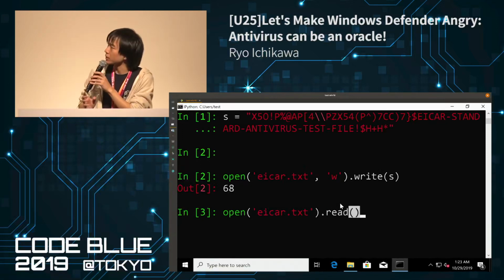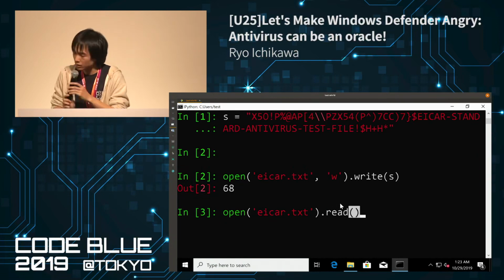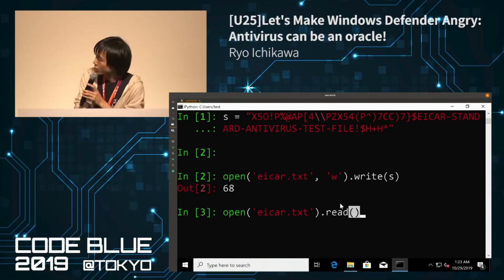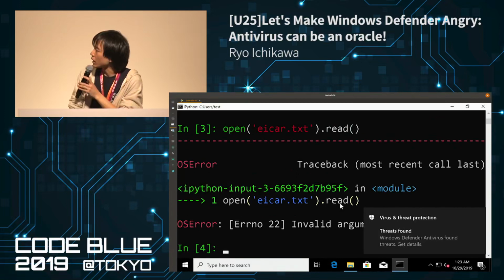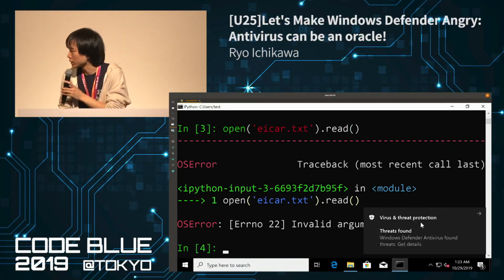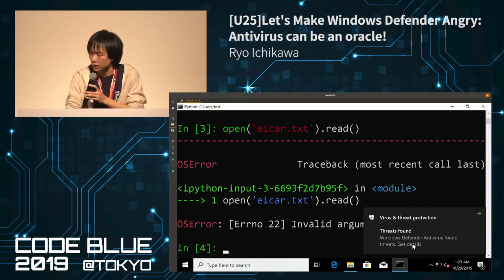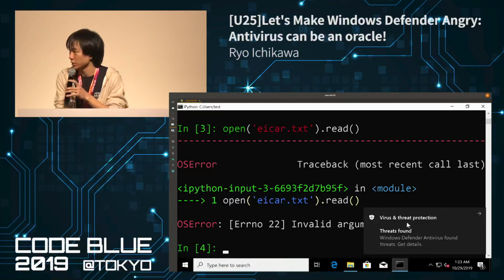I just saved this signature into acre.txt, and when I try to read it, Windows Defender gets angry, because there is the Acre signature, which is detected as malicious.